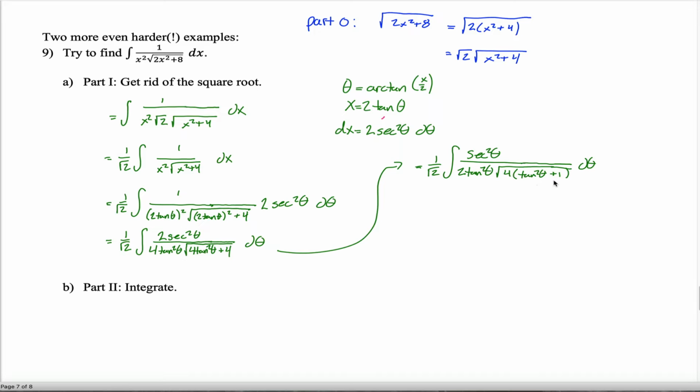I still have 2 terms here underneath the radical. Yeah, but tangent squared theta plus 1 can be rewritten using our Pythagorean identity. You might not have memorized that tangent squared theta plus 1 is equal to secant squared theta, but really you won't need to have that memorized, because it's always going to be the same. If your trig substitution was to involve a tangent, then you'll end up with tangent squared theta plus 1 underneath